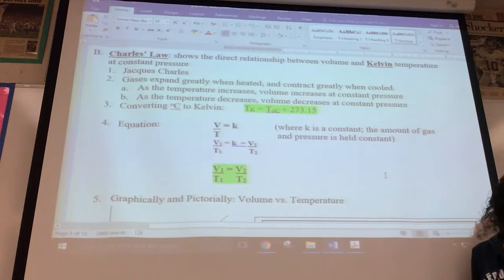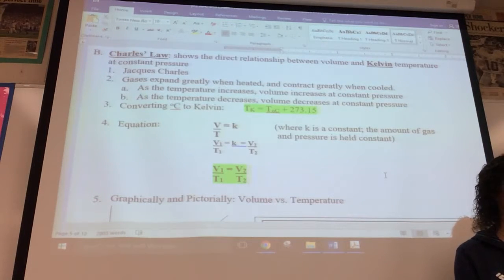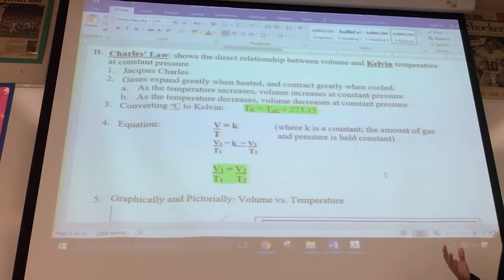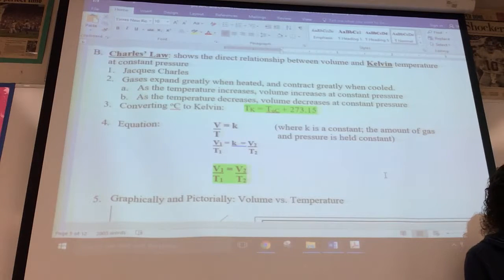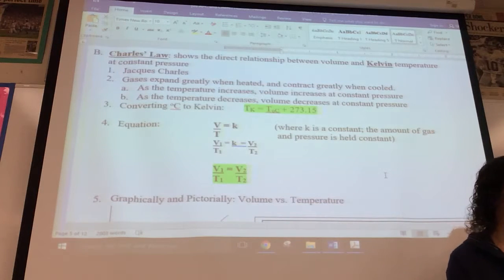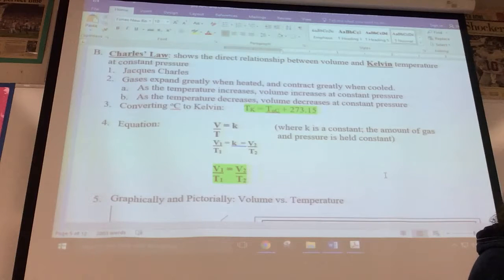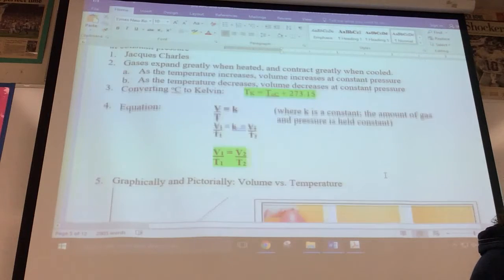Okay, so with Charles' law, there's a direct relationship between volume and Kelvin temperature, and we're going to explore this relationship in the lab either on Friday or next week. Jacques Charles showed this relationship, and he showed that when you heat a gas, it expands. Its volume increases. When you cool a gas, it contracts, and you'll see that the volume decreases,